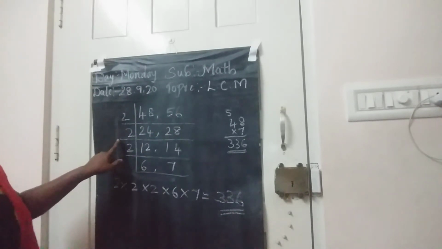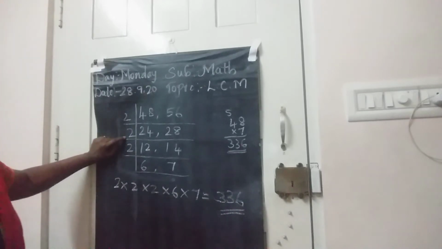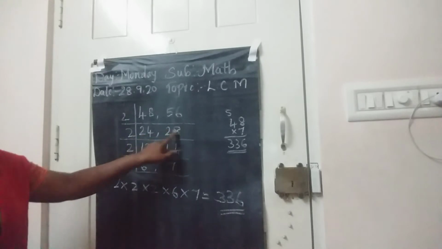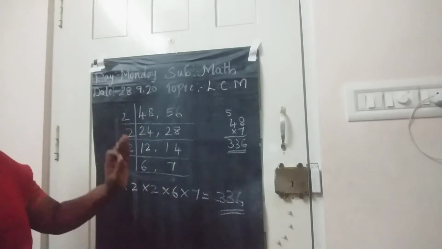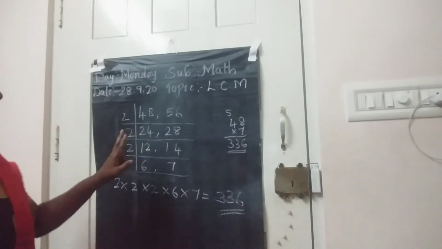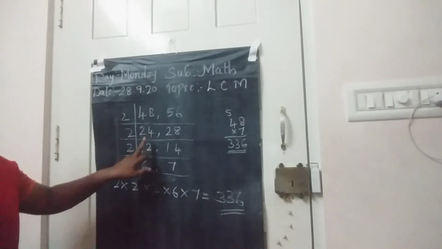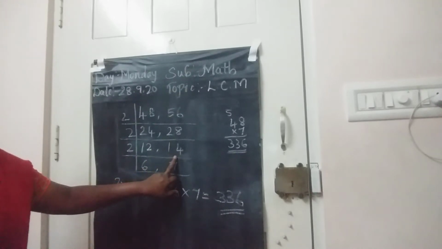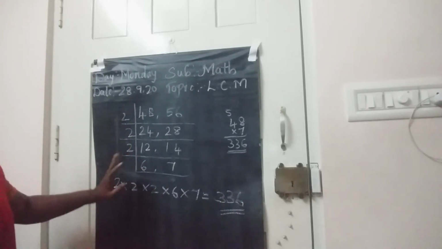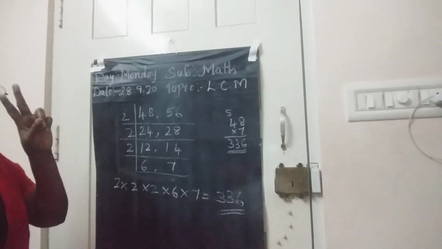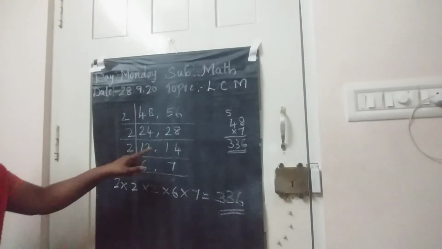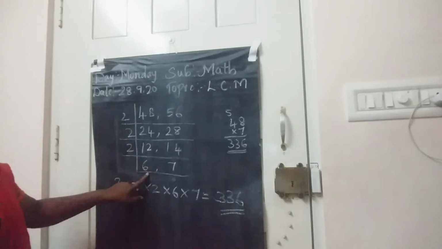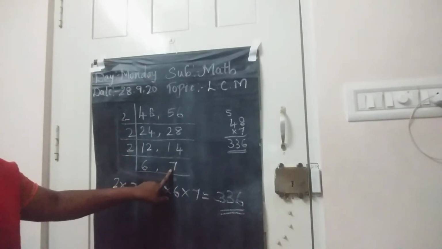Yes. Then again, now what I do, I come here. Now I will have these 2 numbers. I'll see which tables. This also will go in 2 tables. So 2 12s are 24. I am writing here. Then 2 14s are 28. Yes, children. Now again these two numbers will go in two tables. So what I am doing, 2 sixes is 12 and 2 sevens is 14.